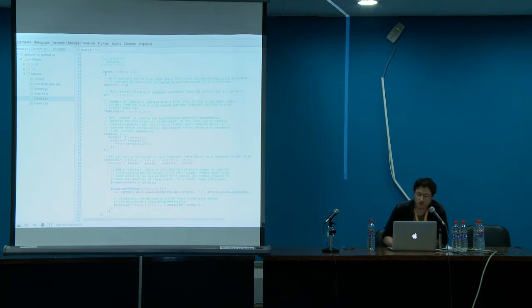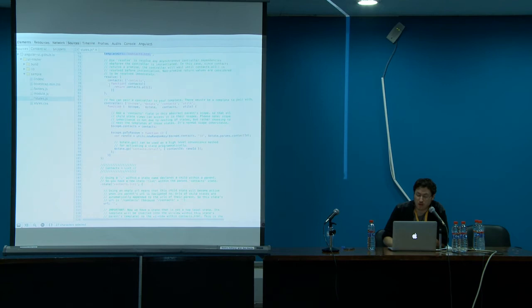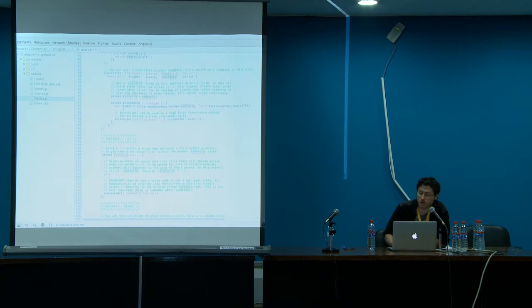And then here I'm defining a contacts state, setting the URL, giving it a template to load. And then here is where I'm actually loading things from the database. I have a service called contacts that talks to my database, and it's going to inject the full list of contacts into my controller as contacts.